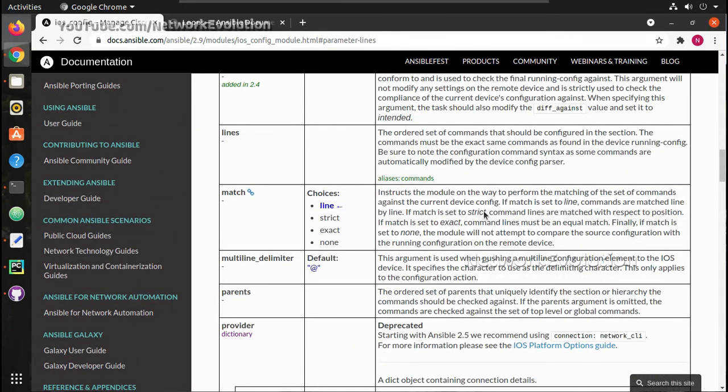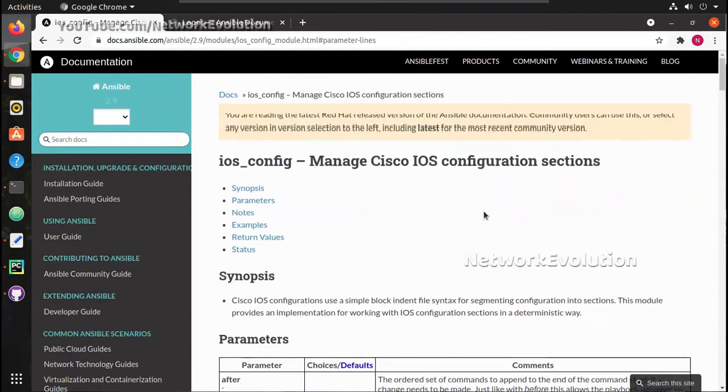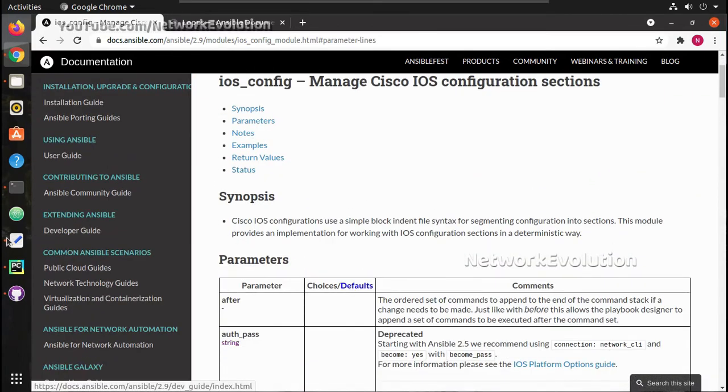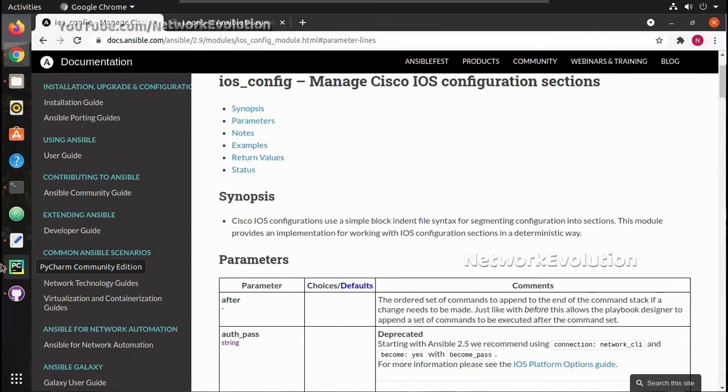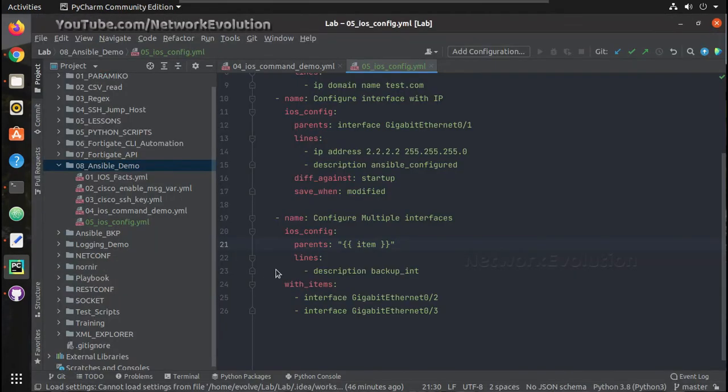Now we will be looking into after and before. Now, before giving the after condition here, without that we will try giving the command no shutdown.